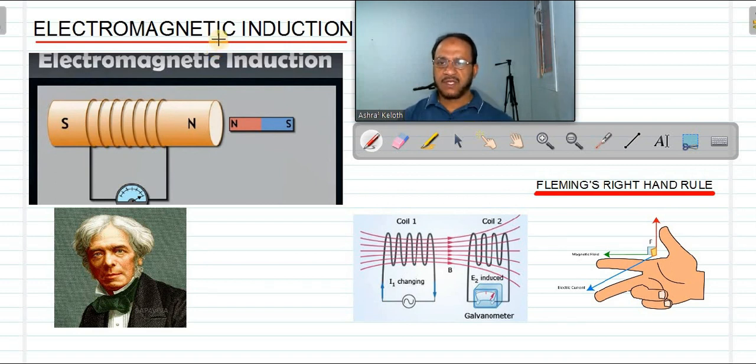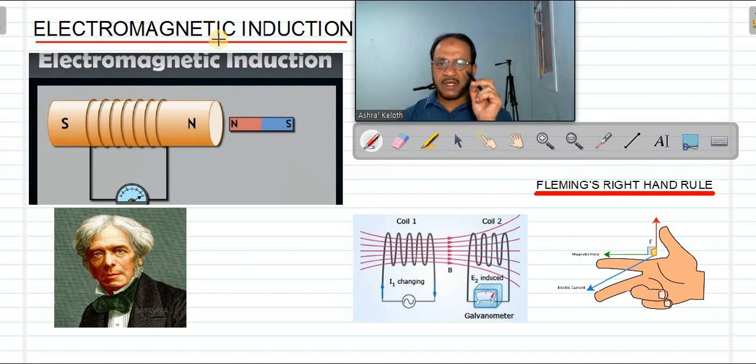lines. Then we have seen a single loop of wire forming a special pattern of magnetic field lines, and after that a solenoid, with a strong magnetic field inside the solenoid. We can use that magnetic field for converting a soft iron into a magnet. It is called an electromagnet. So in all that previous discussion, what we have seen, whenever current flows through a conductor,